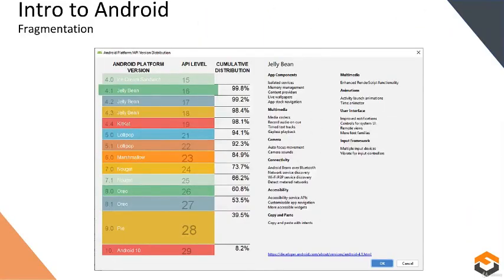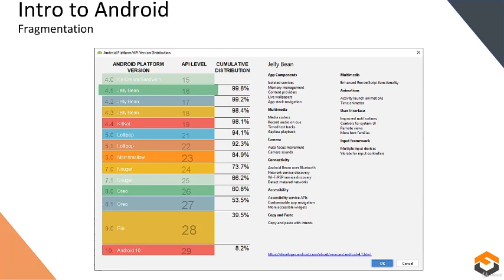Finally, we would like to discuss an issue that seems to plague the Android OS, and that is the issue of fragmentation. When creating an Android app, you will be asked for the minimum OS version that your app should support. Choosing a newer minimum version will usually mean that your app will be supported by fewer Android devices.